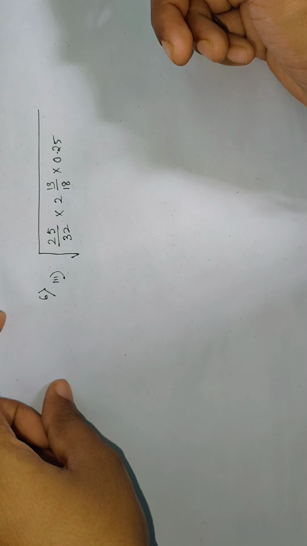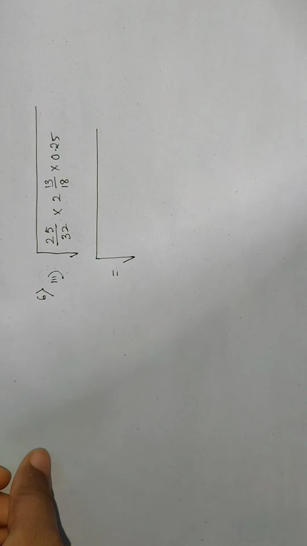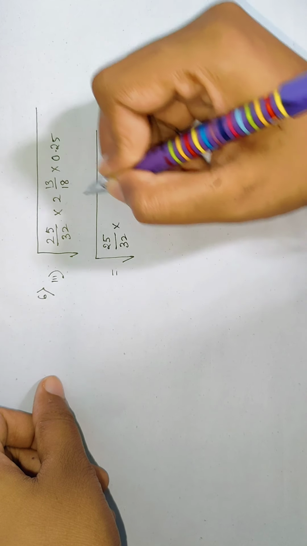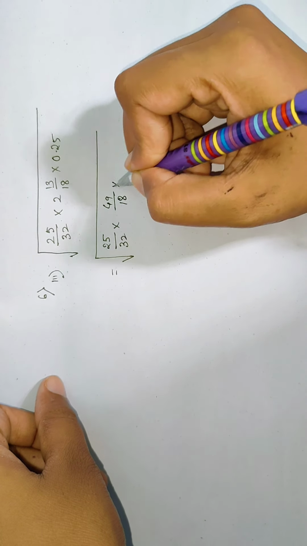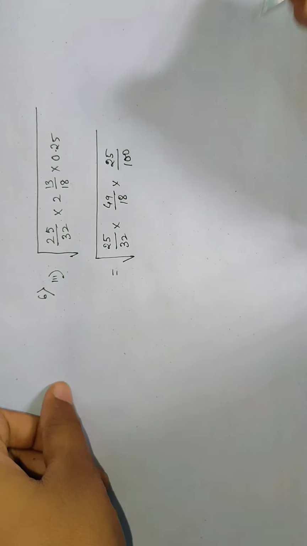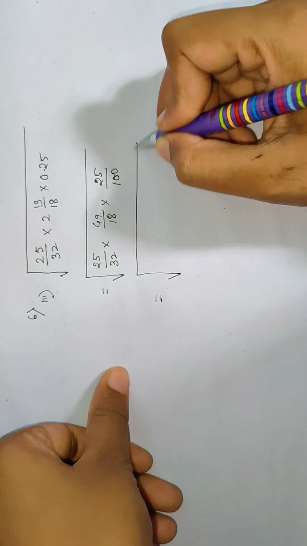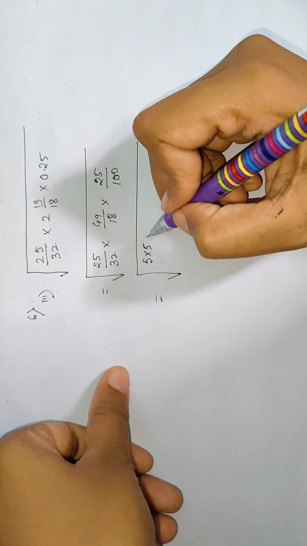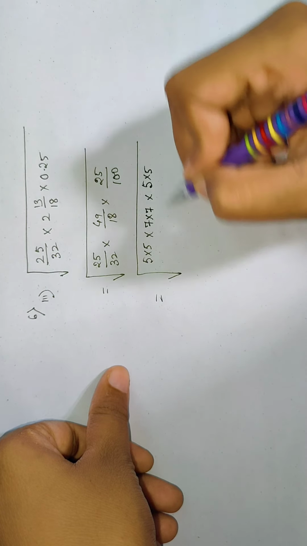Okay, look at this number, that is 6(3). First you have to change the mixed fraction to an improper fraction. So 18 times 2 is 36, plus 13 is 49. You got 49 by 18, and remove this decimal, you will get 100 below. Now listen. 25 can be written as 5 into 5. You have to simply prime factorize it. 49 can be written as 7 into 7, and this 25 can be written as 5 into 5.